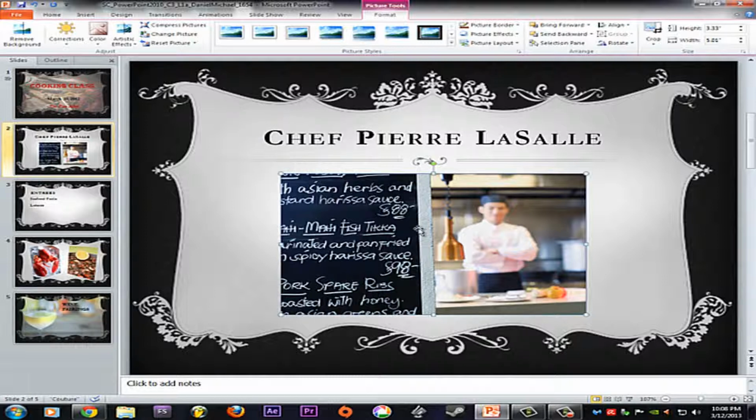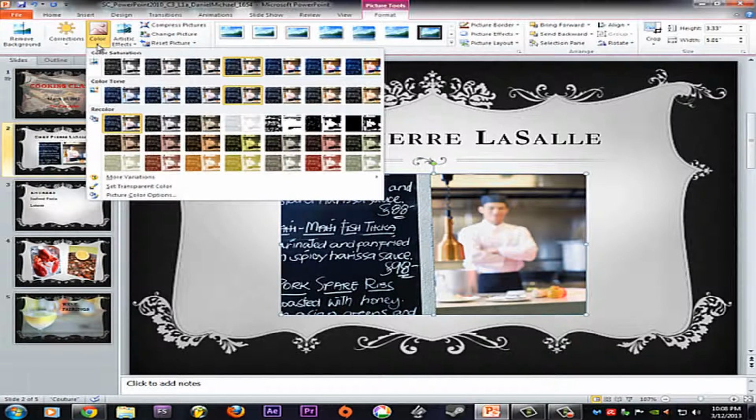So having the picture selected just by clicking on it, and making sure that I'm under my format options under the picture tools, there's a button in the top left that says color, and when I click the little arrow beneath it, I'm going to have these different color options come up, and what it wants me to find is gold accent color 3 dark, and I think it's this one. Yeah, so since I've done this I already know,